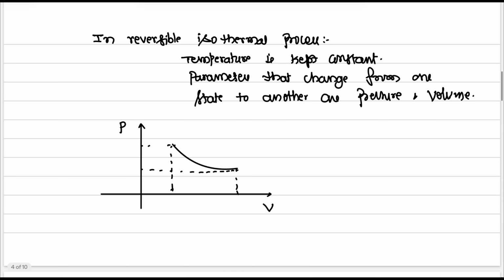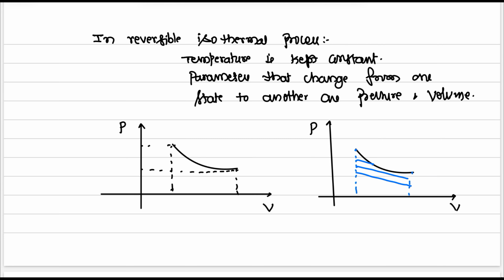And what is the area under this curve? The area under this curve, process A to B, A dash, B dash, here